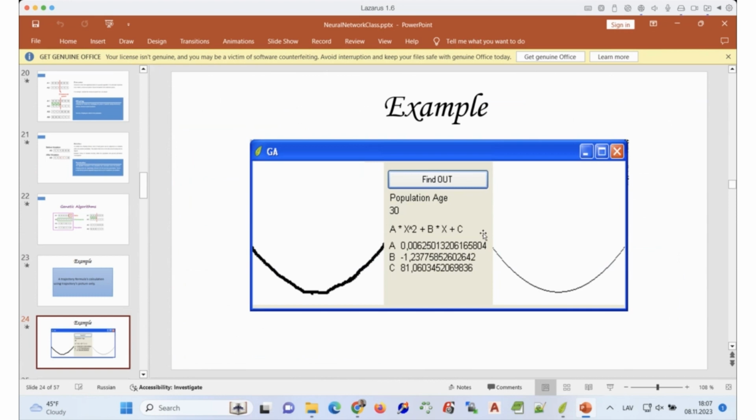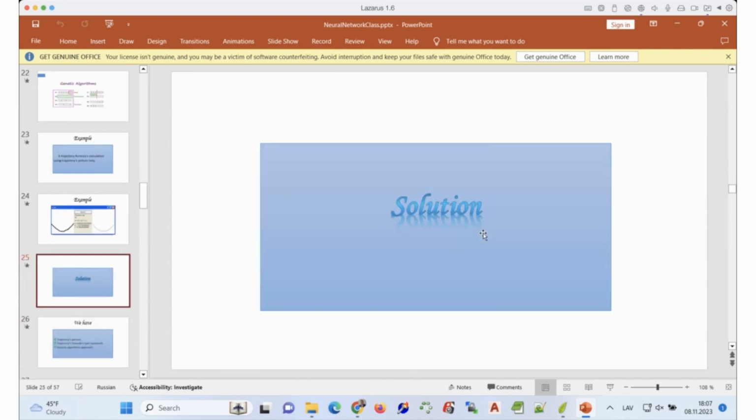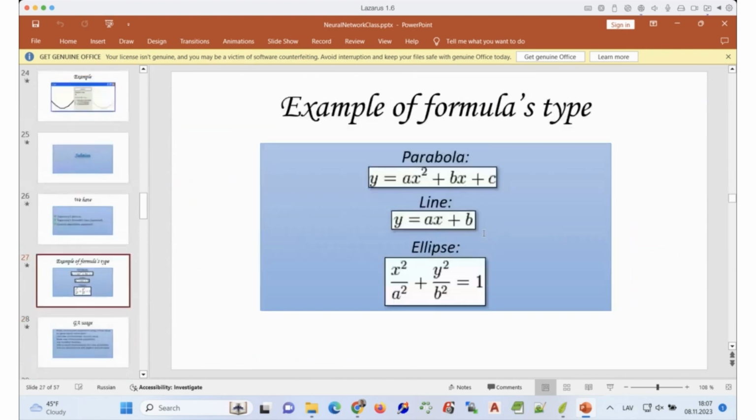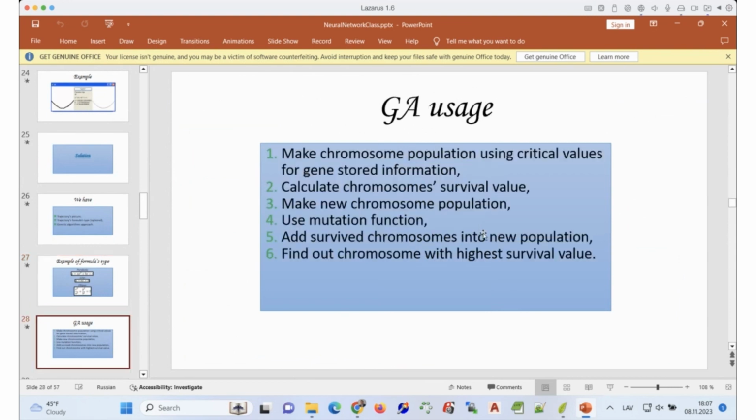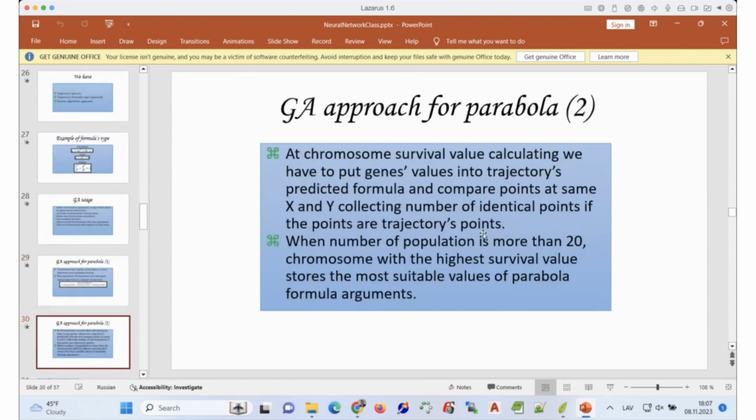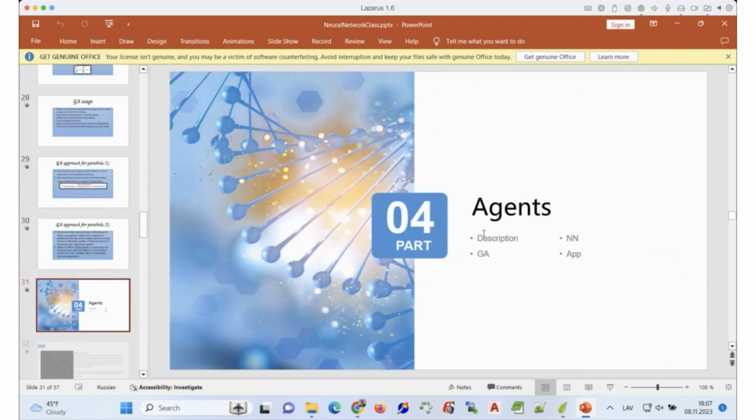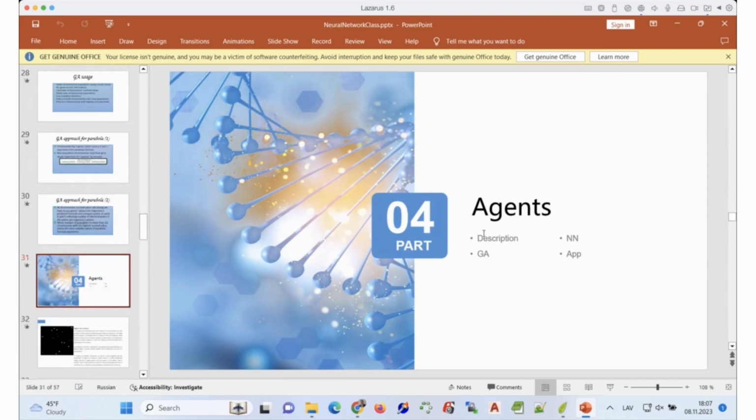Here it's the basic parabola. So literally we need to consider different possible function equations, and for them we can find out parameters. So maybe nothing super interesting for you at this point. But let's talk about how these things can be combined and used in real life.